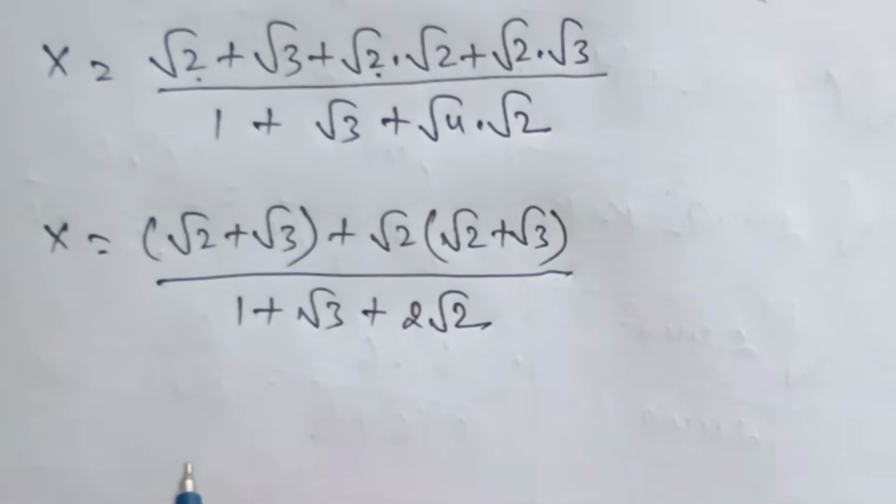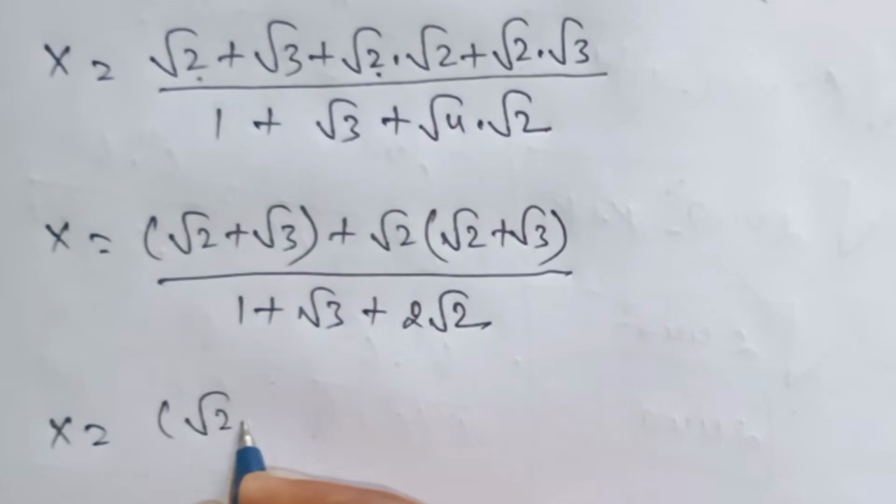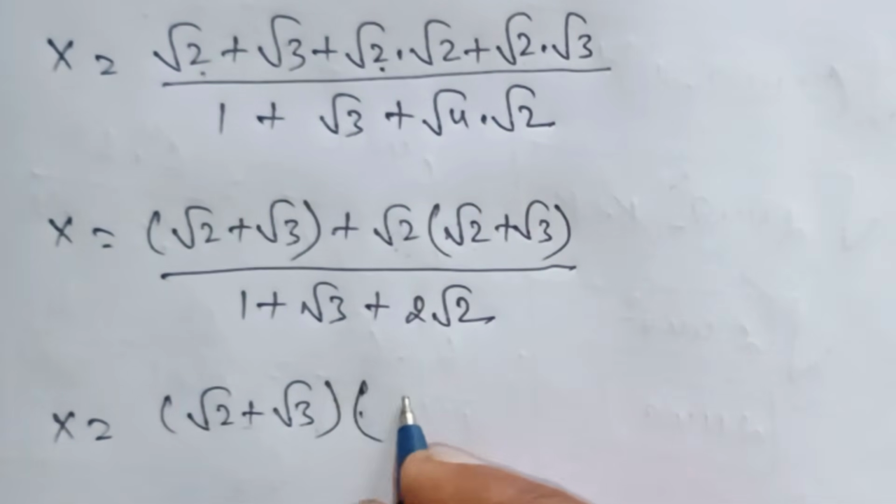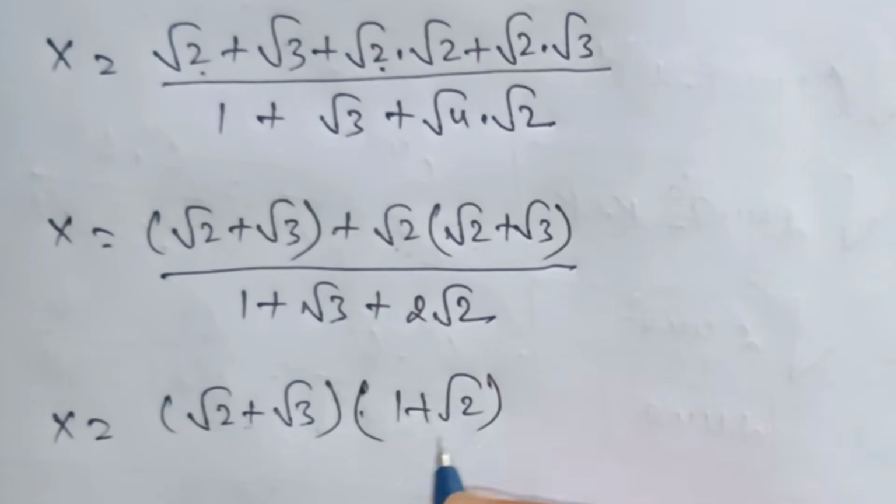After that, x is equal to bracket open root 2 plus root 3 into 1 plus root 2, divided by